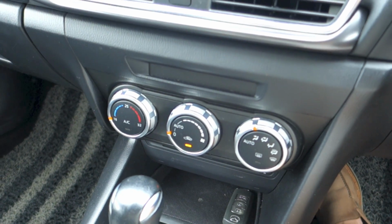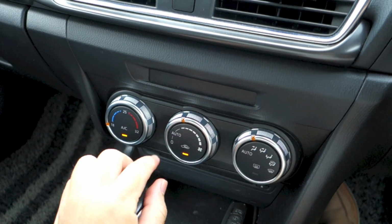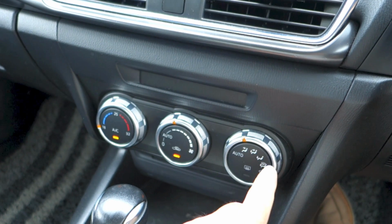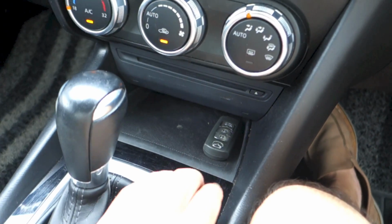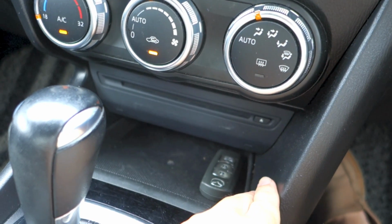Single zone automatic climate control system: fan speed, automatic mode, recirculation, temperature, air conditioning, different modes, front and rear defrost, and automatic mode again. Storage, CD player, eject button for the CD player,